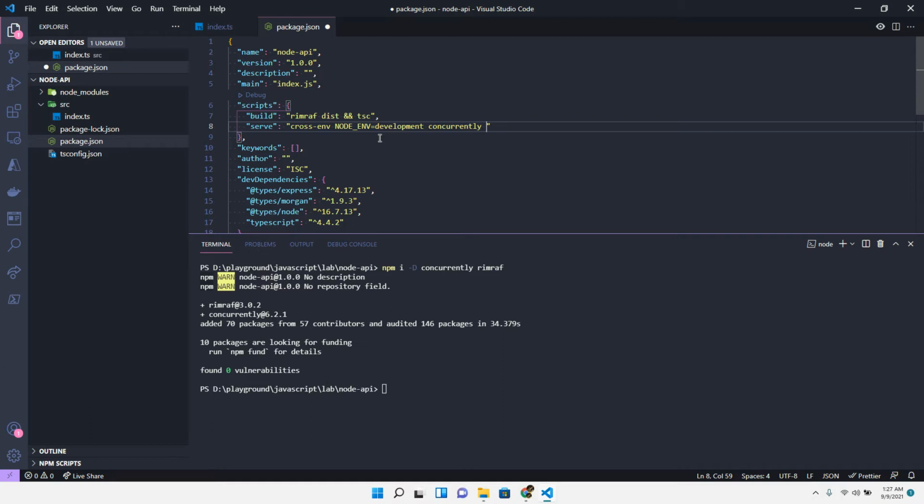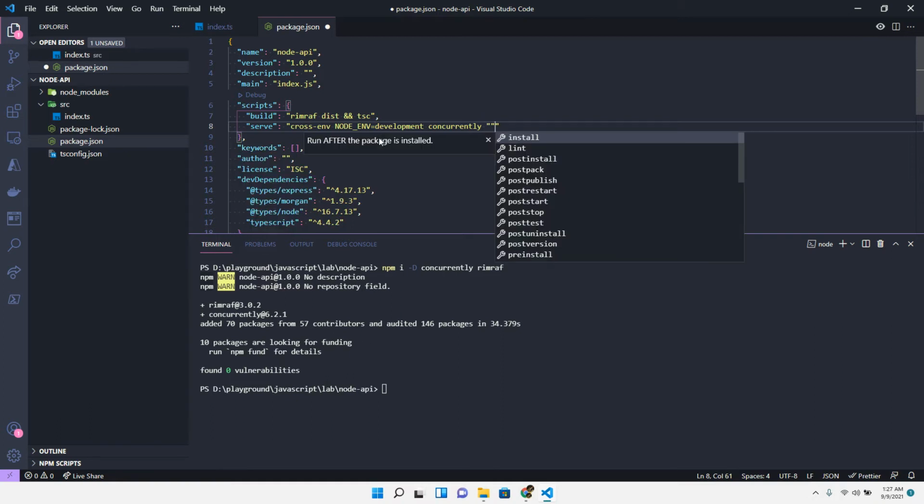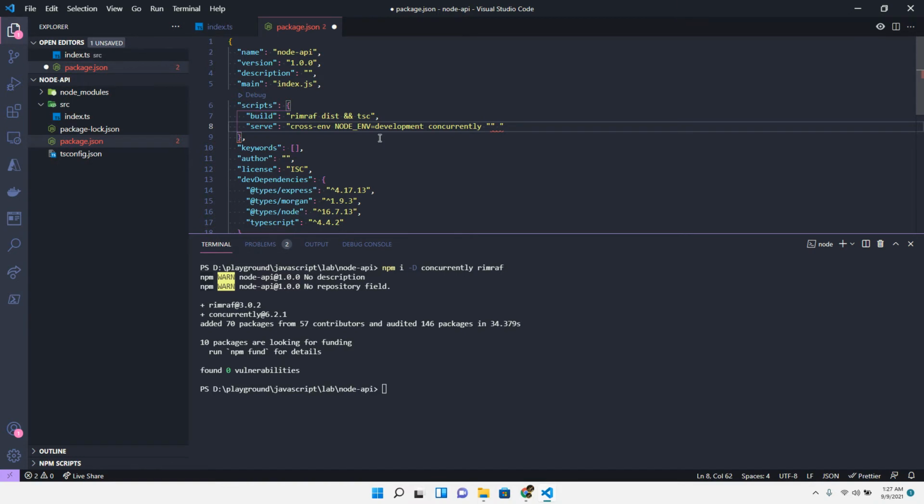And here since I'm going to use quotes, I will have to escape both the quotes, and inside the first quote I'm going to add the first command, tsc watch, and inside the second I'm going to add